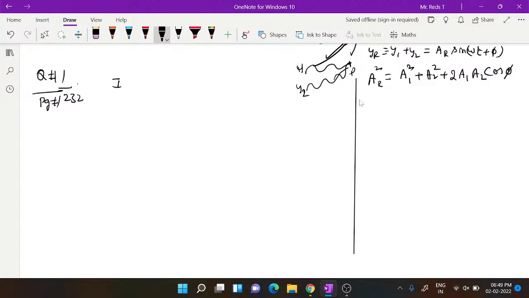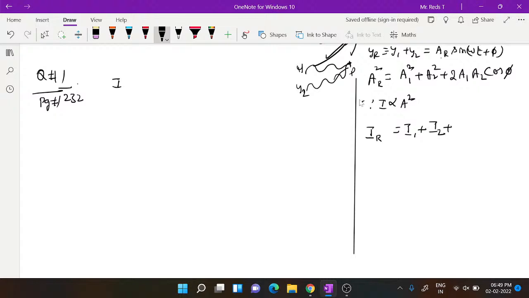And then resultant amplitude is given by AR square equal to this, or AR is equal to square root of this. Similarly, as intensity of a wave is directly proportional to amplitude square, the square of resultant wave gives intensity of resultant wave. So intensity of resultant wave is equal to square of amplitude of first wave, which gives intensity of first wave I1, plus square of amplitude of second wave, which gives intensity of second wave,